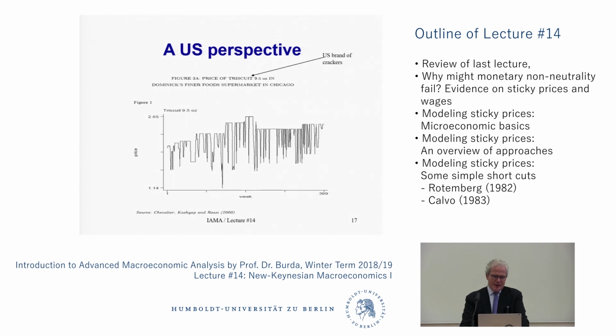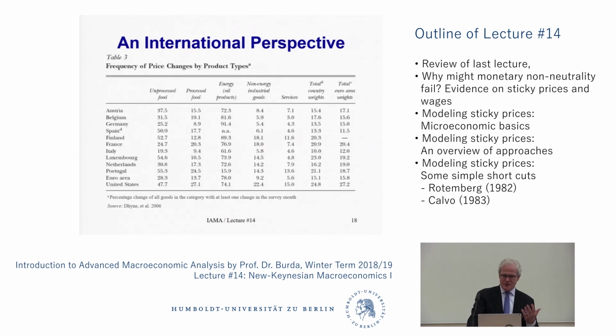There's a lot of stuff going on at the micro level that we need to think about. Okay, so let me try to get into some detail on the different types of goods. So if you look at this table, and I urge you to stare at it when you go home and download these slides, I want you to think about what's going on here. So we have a bunch of countries, including the United States, including the European